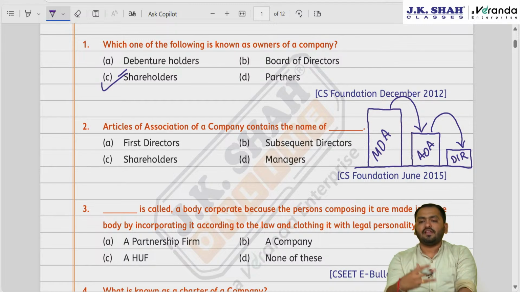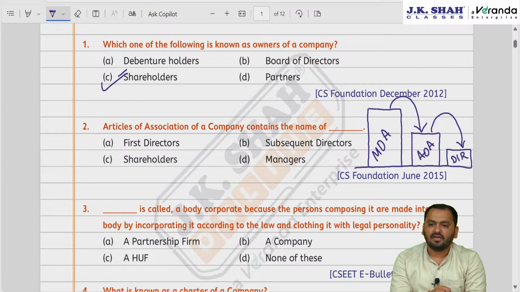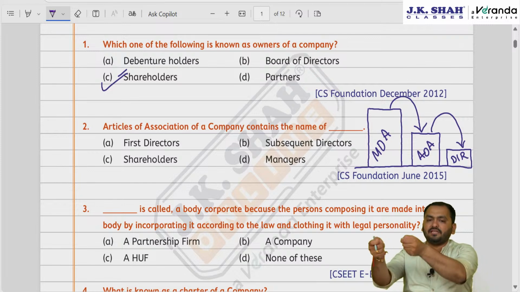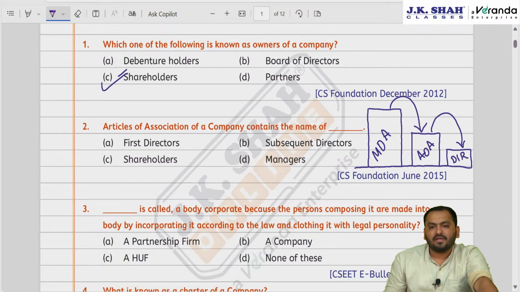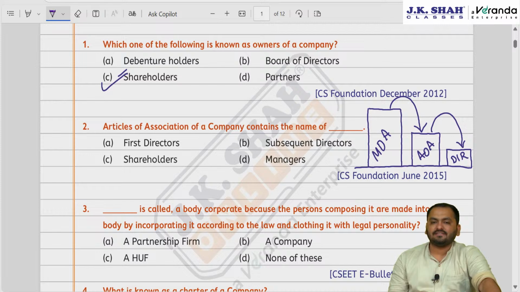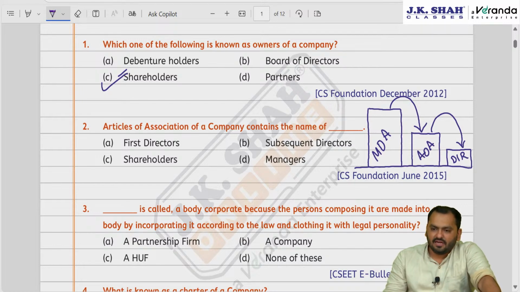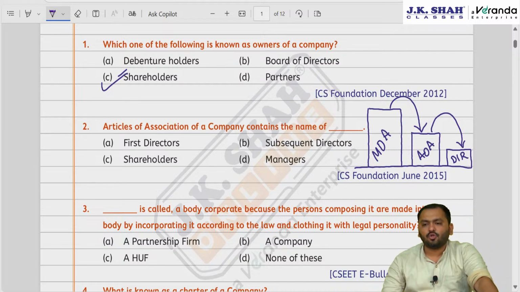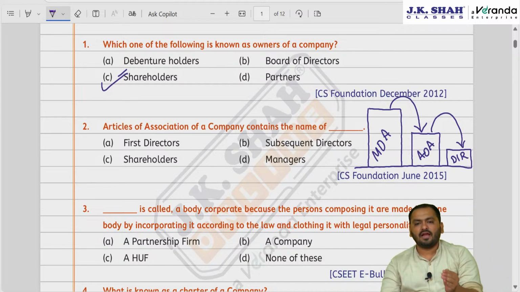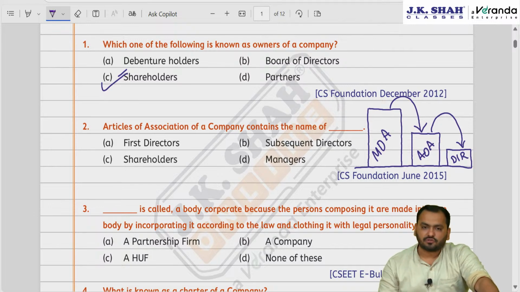Okay, so obviously this question is taking us to a topic that is incorporation of company, and when we make application to ROC, you all know that we have to make an application to ROC in SPICE plus form, SPICE 32, right? So in form number 32 we make an application to ROC for registration of company, right? Along with that, we need to attach certain documents, and those documents include MOA and AOA also. I repeat, it includes MOA and AOA also, right?